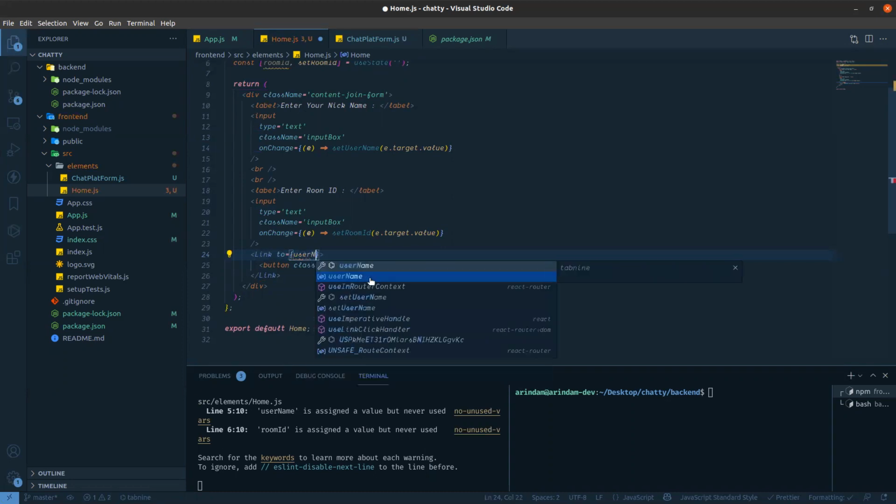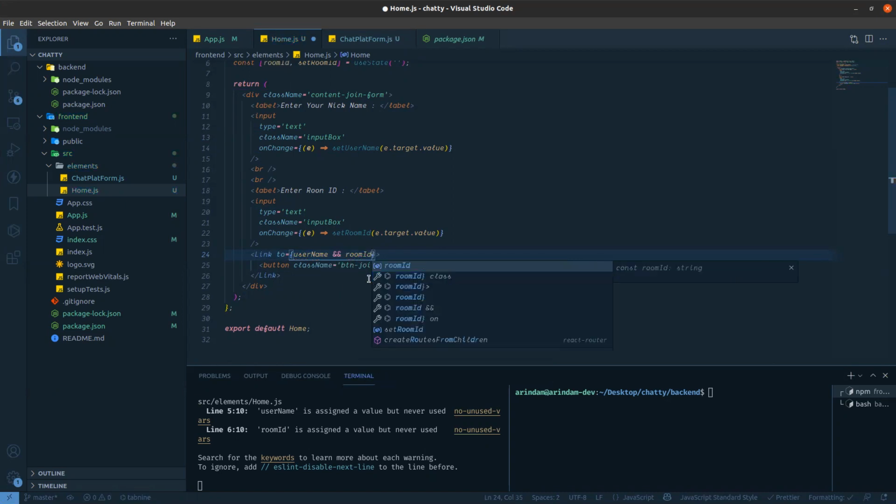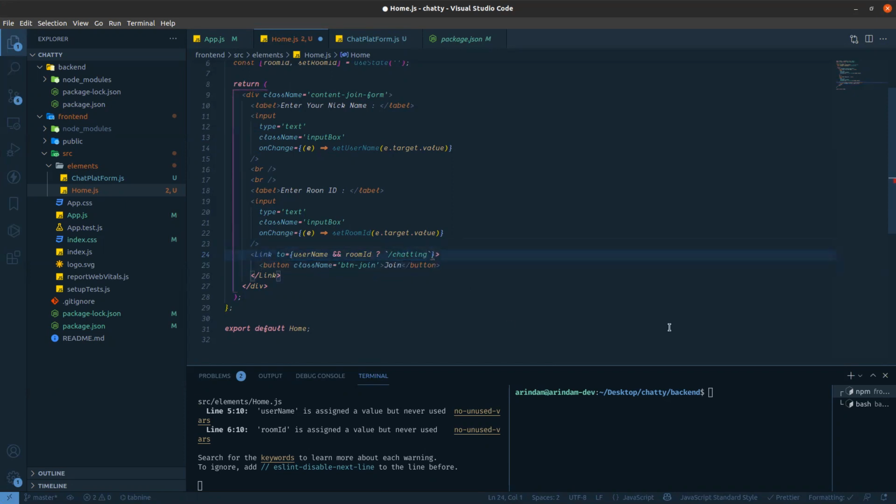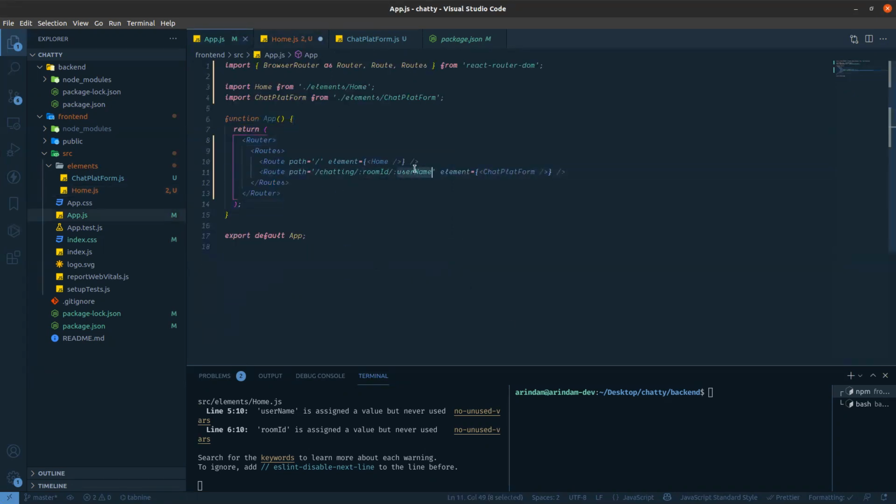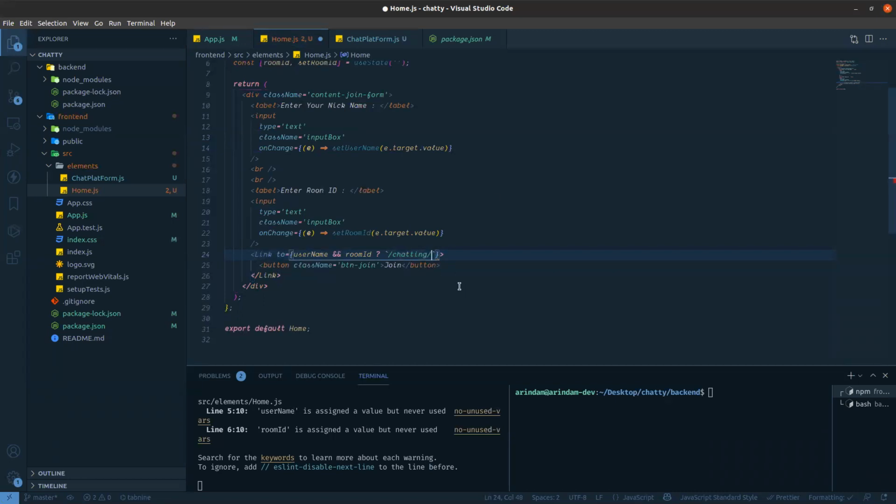When username and room ID both are given by the user, meaning both values are there, that means the user already provided that data. Then we can redirect to another route related to the chatting platform. So that route should be chatting. First we will accept room ID, then username. Okay, if not, then you can say null or something.